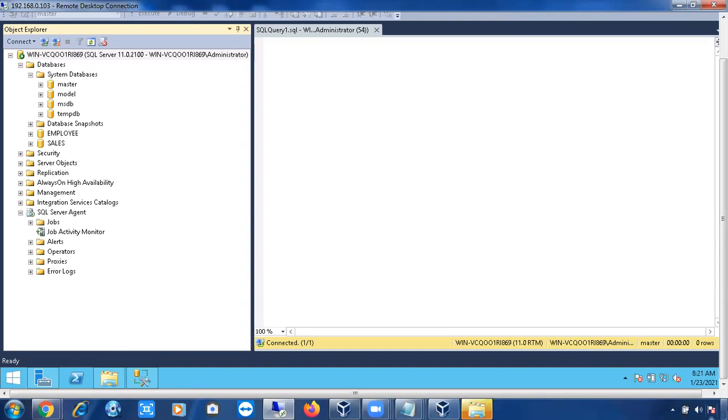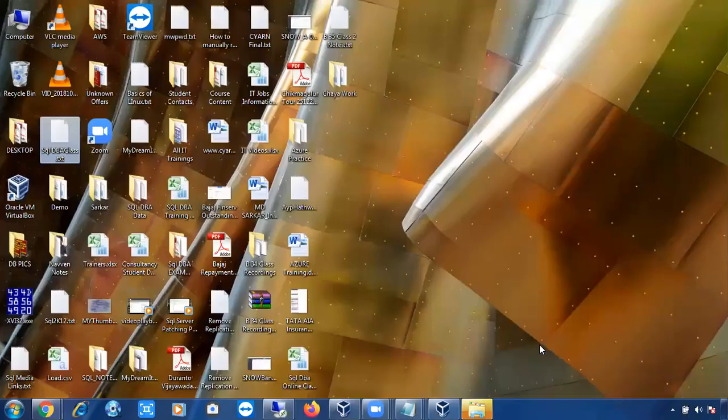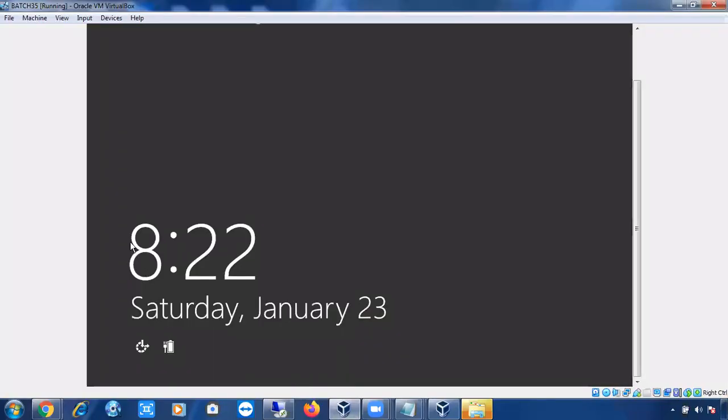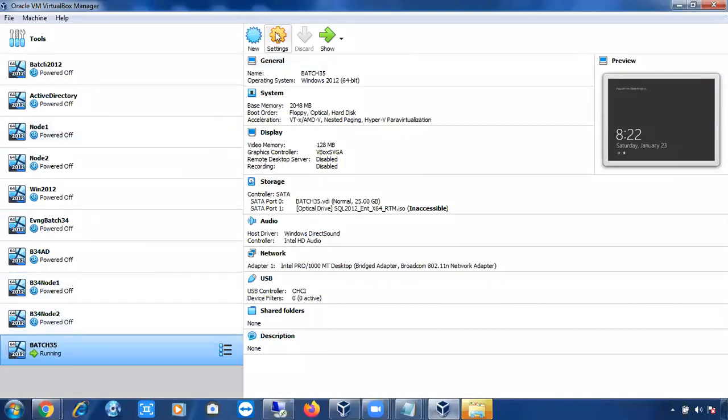How to copy a file from local machine to virtual machine? Can anyone tell me how to copy a file from your local machine to the virtual machine? Go to storage in your VirtualBox and attach the file.